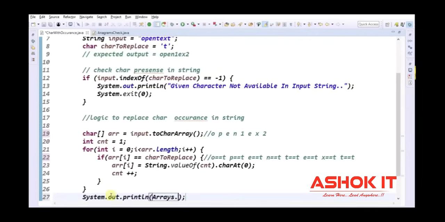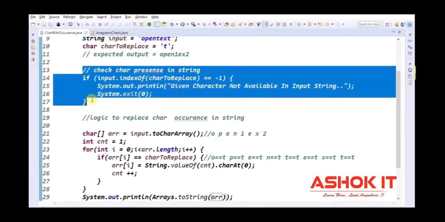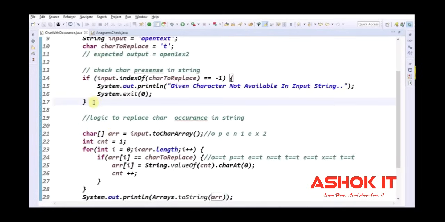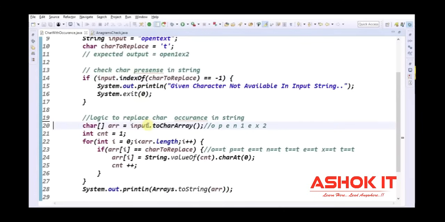System.out.println(Arrays.toString(array)). Save it. I hope you understood the two logics that I am putting here. First, I am checking the presence of the character in the string. If not available, stop the execution. If that is not satisfied, we need to write the logic to replace the character with its occurrence